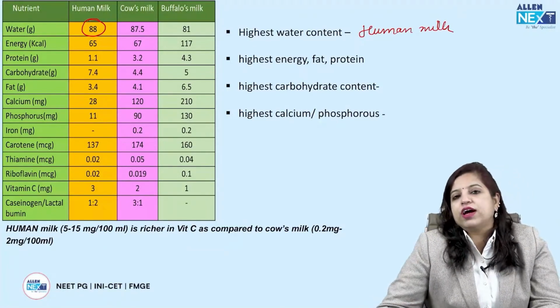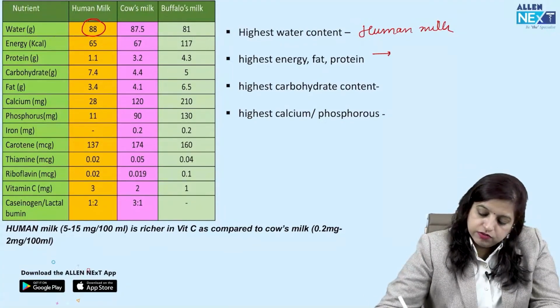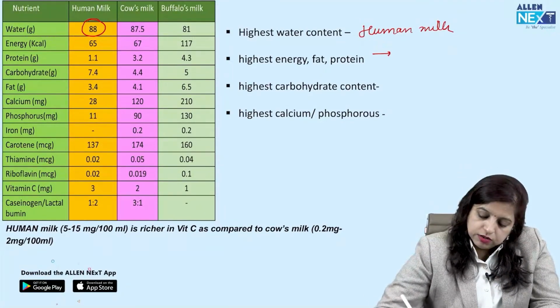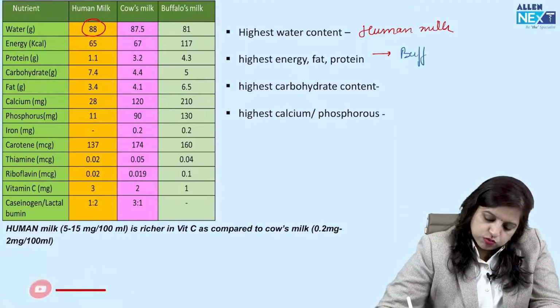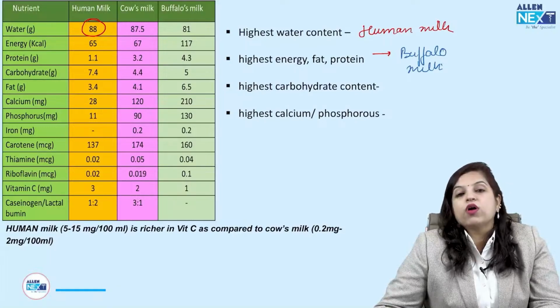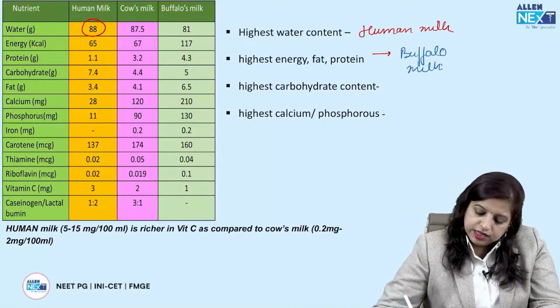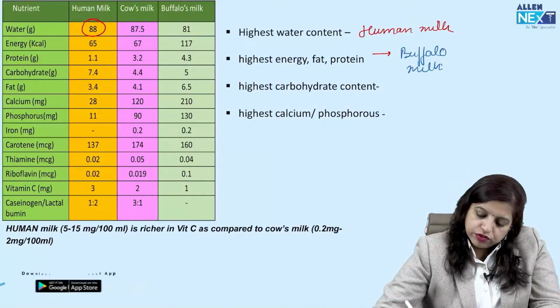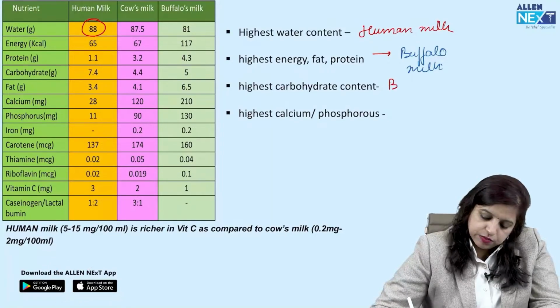Highest energy, fat and protein content is seen in which milk? This is seen in buffalo milk. Remember that. So in buffalo milk, you get to see the highest content. Then the highest carbohydrate content is seen in which milk? Yes, over here again, the trophy goes to human milk. That means the breast milk has the highest